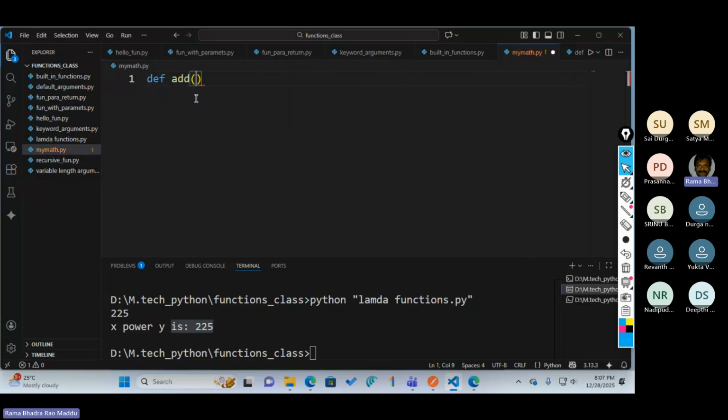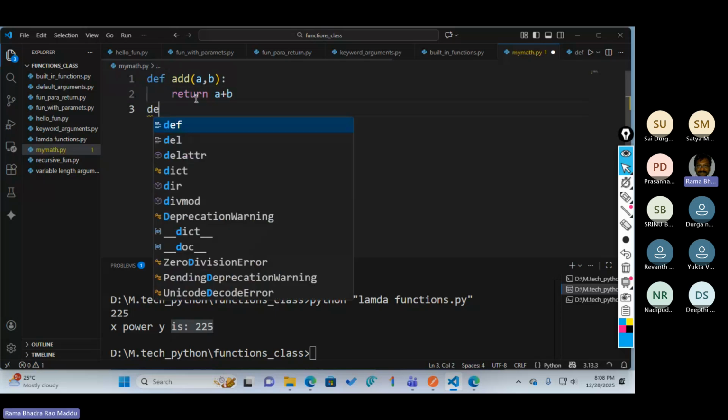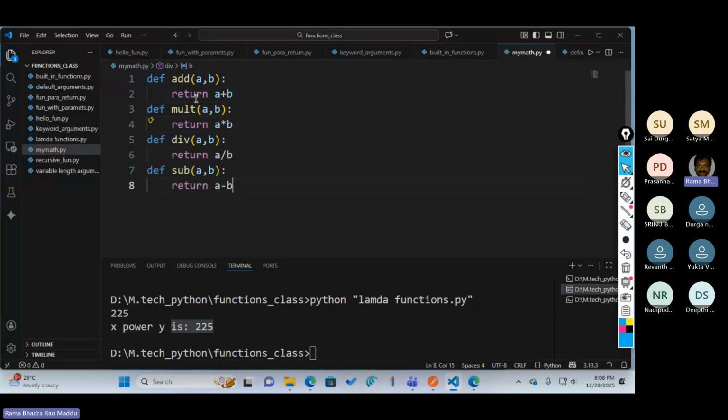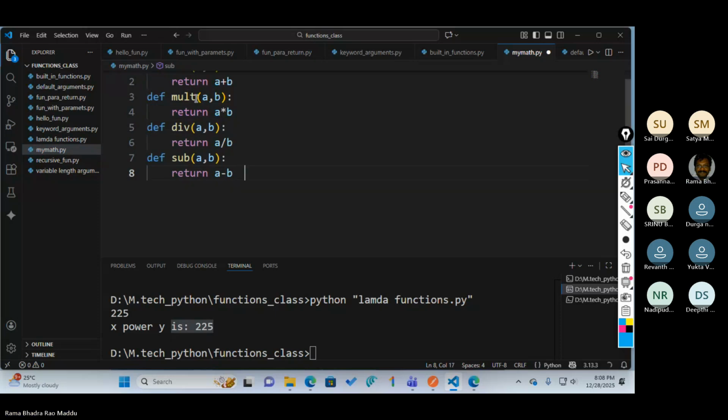So add of a comma b is a function that returns a plus b. Then def mult of a comma b, and like that division and subtraction.